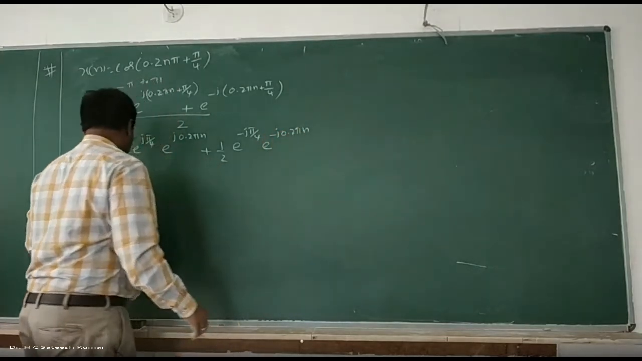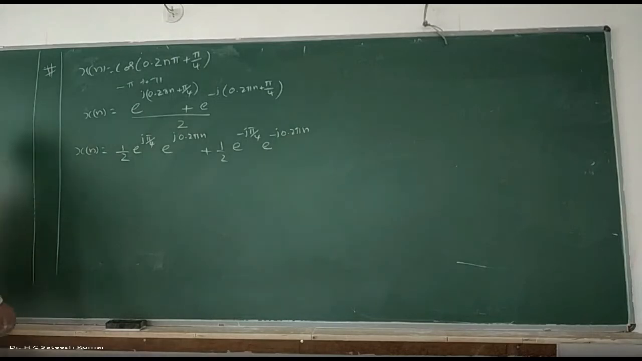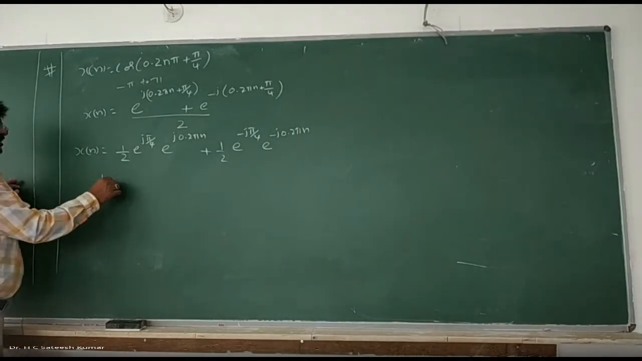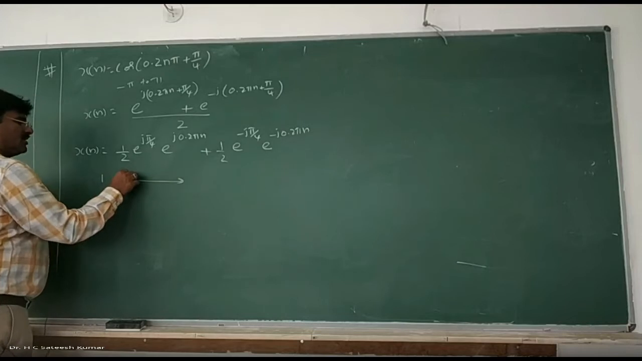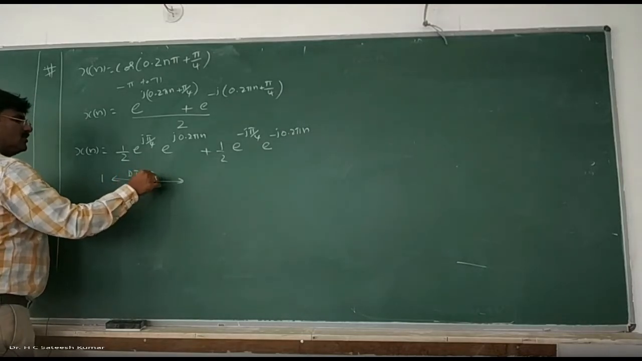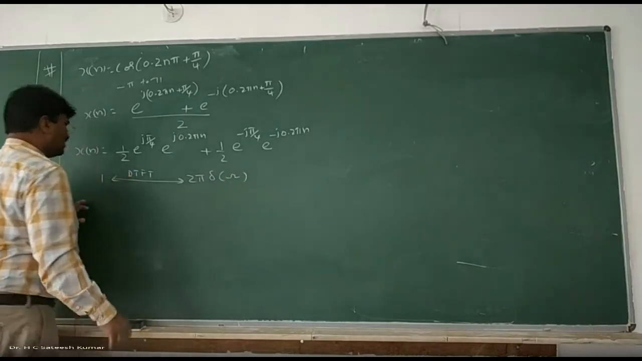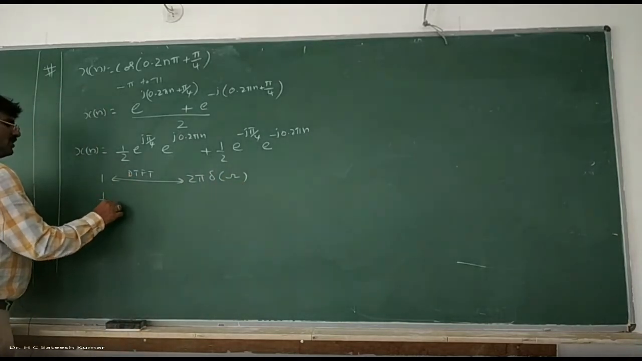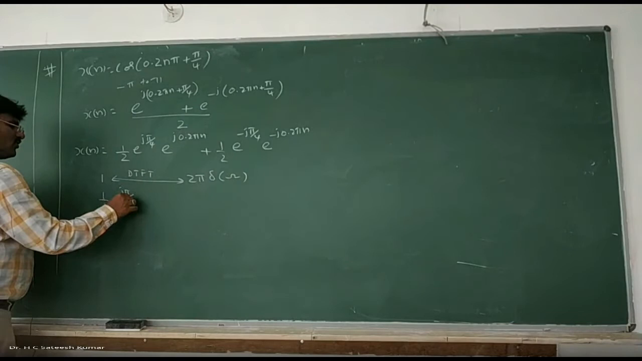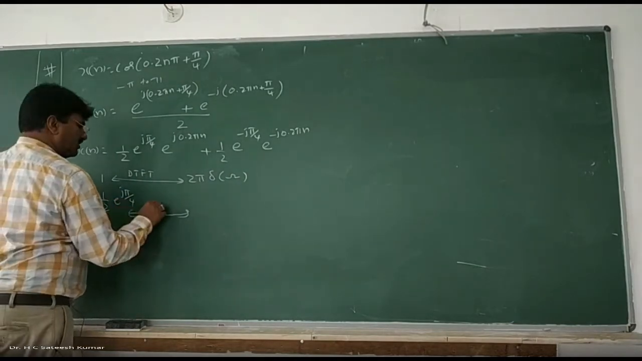Okay. Don't go for the fundamental defining equation here. Directly go with the identity. So we all know that 1 has DTFT, we know that identity, 1 has DTFT 2 pi into delta of omega. 1 by 2 into e to the power of j pi by 4 has DTFT